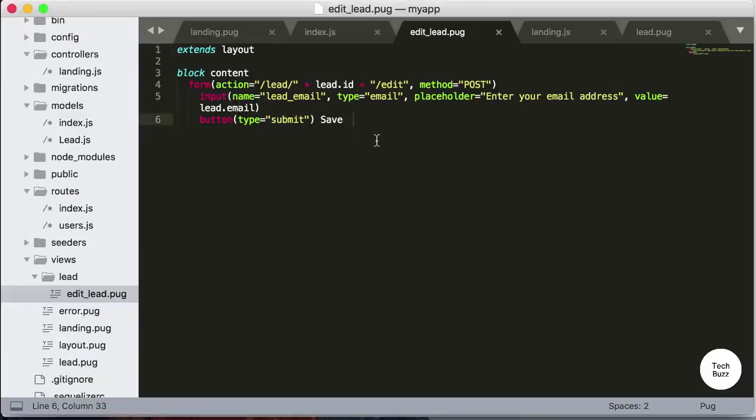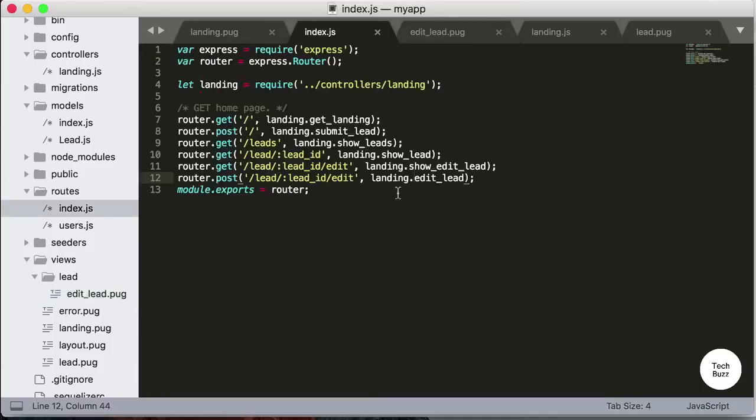Now let's save this file. Because this file is one subdirectory under views, because we created this lead directory and we are referring to layout.pug at the beginning, we need to update also our reference to go one directory level below. Now if we go back to our index.js file, we haven't defined the route handler edit_lead for the